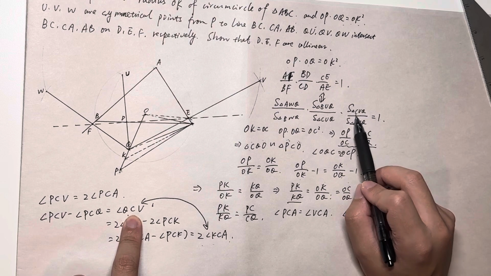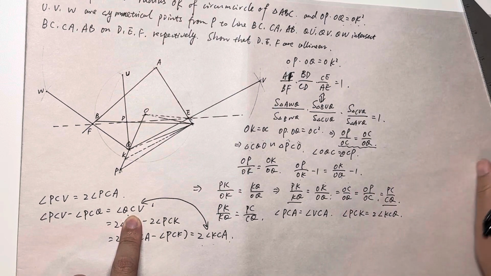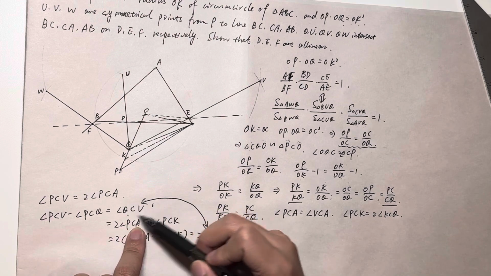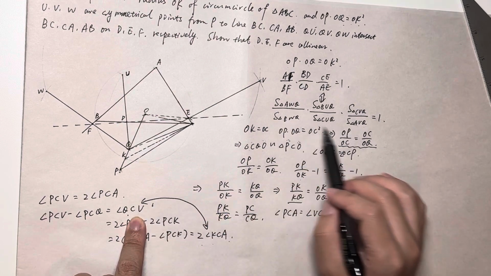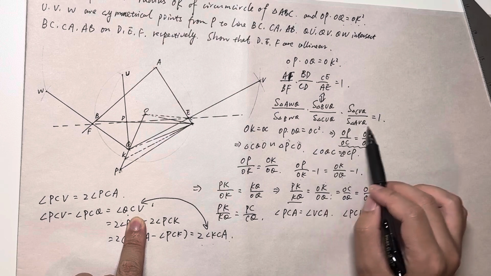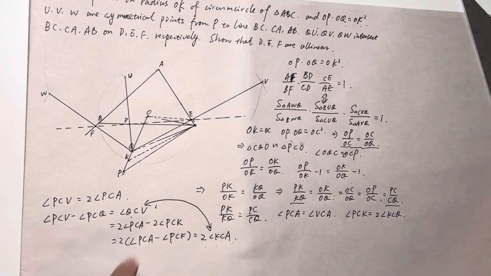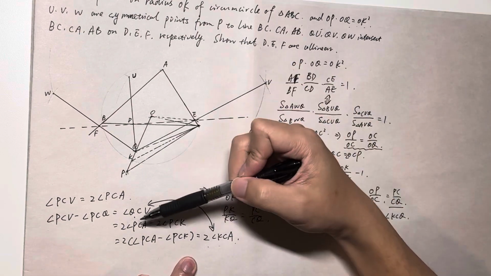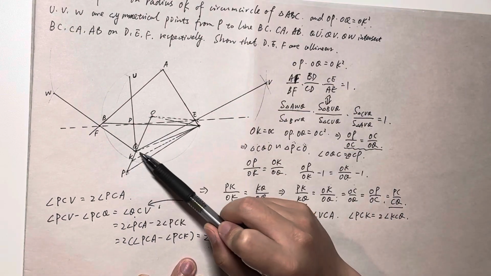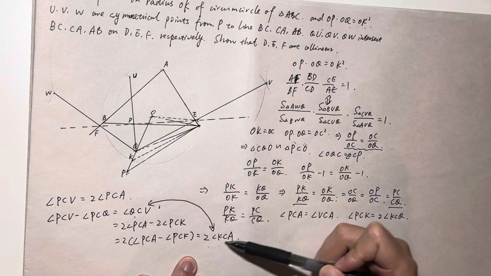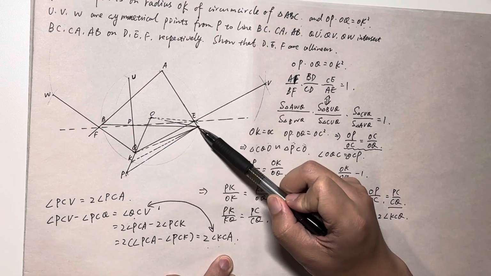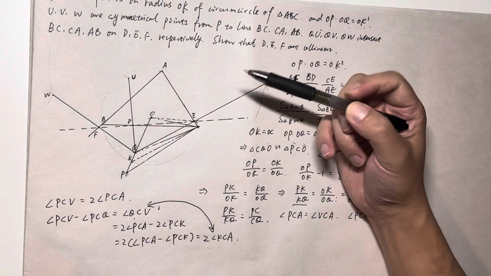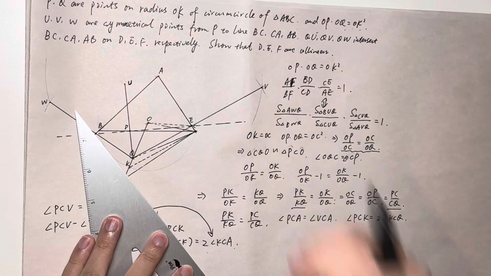Angle QCV can be found here. So now we just need to find how we can relate this angle to another angle in all of these 6 triangles, right? Look at that, QCV equals twice KCA. KCA is this angle, and if we just connect